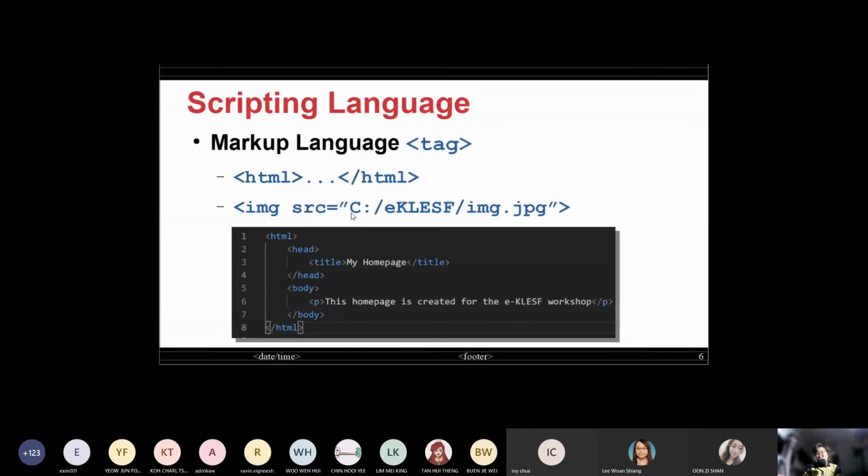Another very important thing when we come to scripting is that you have to know the file path. File path is very important because you need to import the different items by yourself into the script, so that you can let it know that, okay, this image, you can find it from here. So that kind of thing. Later we'll look into these important things as well. When we look into an HTML file, you can see it looks something like this. So just now,